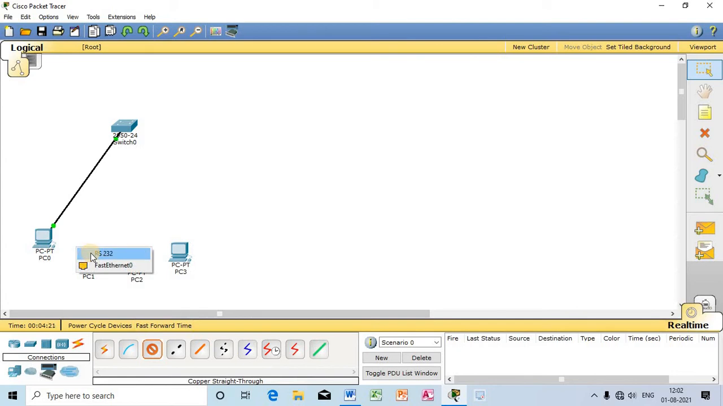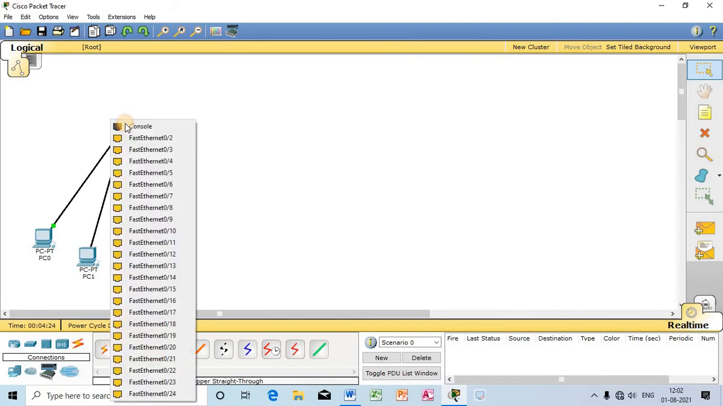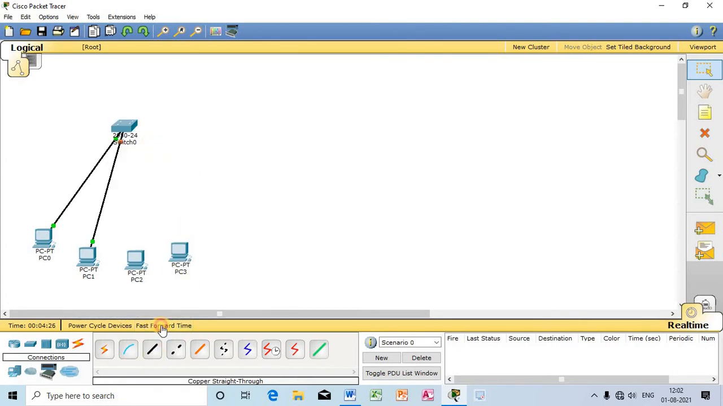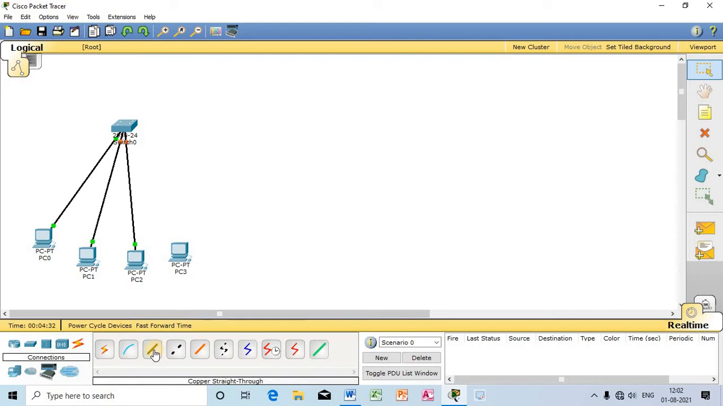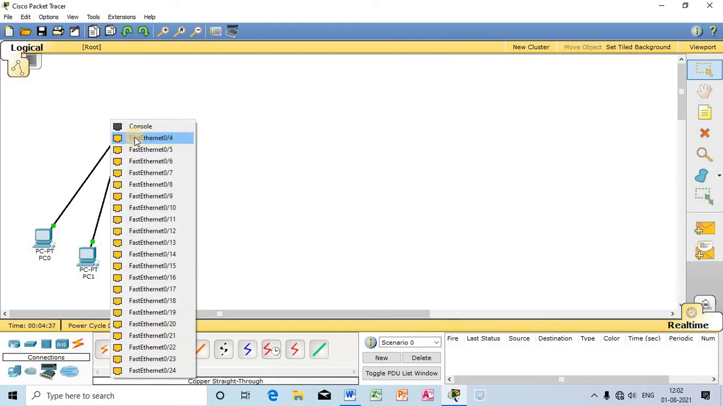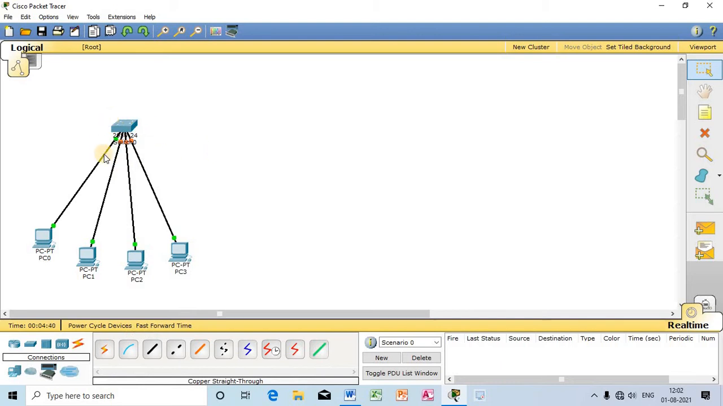I will repeat the process on these 3 computers. You can watch out, the color initially stays orange. It will take 50 seconds to convert the color to green. So I have occupied 4 ports of this particular switch among those 24 available ports. So I have connected all the 4 computers to this particular switch, and you can watch out the color is